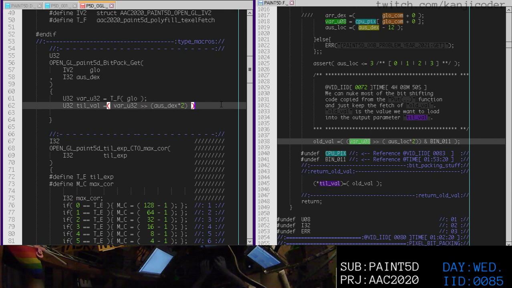And once we've shifted it over, we have to mask it off. So if we see this, we see we're having this shift over, and then we do and bin 001. So let's do and